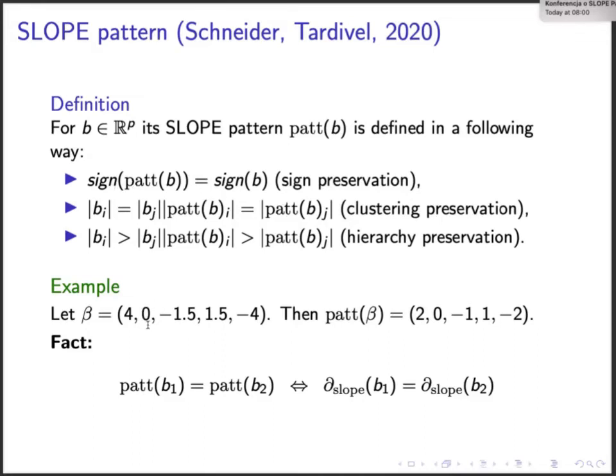Here we have a 0 at the second coordinate, and in the pattern vector we also have a 0. Then we have a cluster where we have 1.5 and 1.5 in absolute values. This is our first cluster because we order clusters according to the magnitude of betas. Slope can also identify the sign. So this is the first cluster, but we know that the third coordinate is negative, and the other one is positive. Also we have cluster number 3: the first and last elements belong to the same cluster. The first is positive, the second is negative.